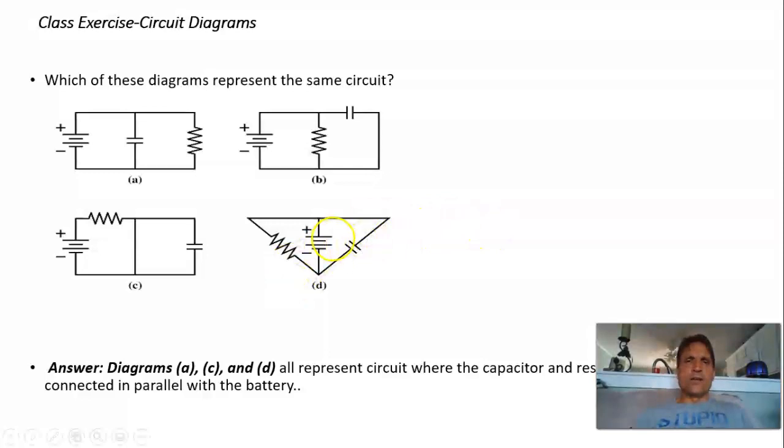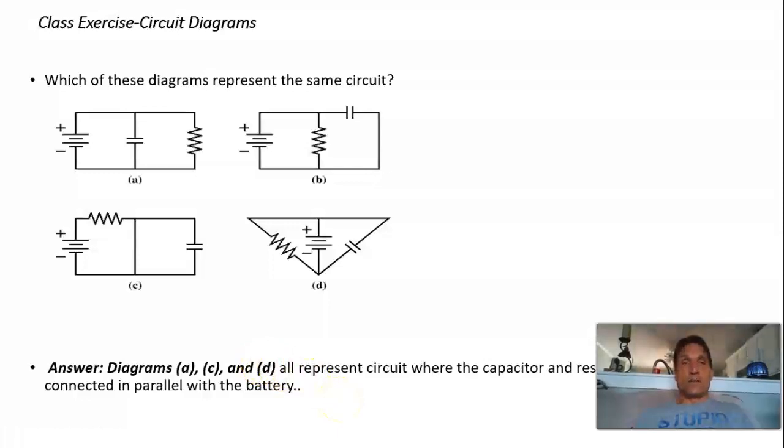What about the negative terminal of the battery? Well, that's connected directly by a wire to the other end of the resistor, and it's connected directly by another wire to the other end of the capacitor. So as weird as this drawing is, it does correspond to the same physical circuit, the same wiring as A and B. So the answer here, I've got to fix the typo, is A, B, and D all represent the